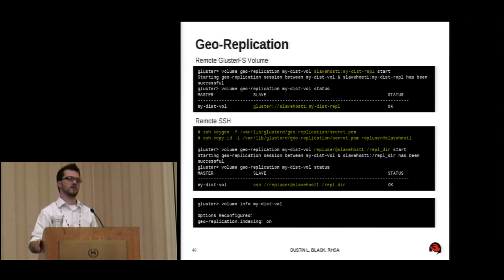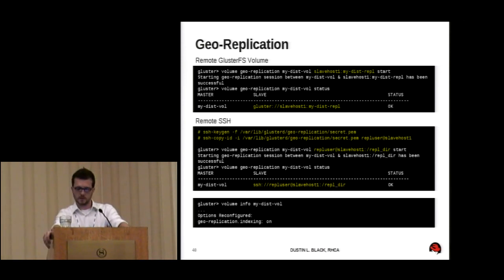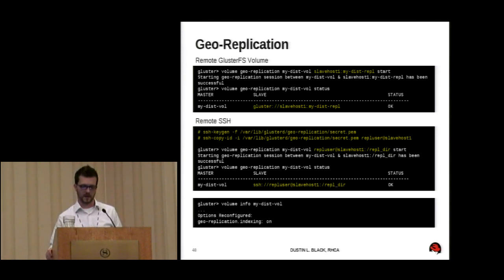So a quick look at the commands involved in setting up georeplication, just so we have a little understanding of that. Again, you see the very simple, straightforward commands, volume georeplication, I tell it what volume, and then I'm passing it what host I'm going to replicate to. Now you'll notice in this case, I show a couple of examples here, just so you see the differences in the way you can pass this command. In this case, I've given a remote host name, and I've given it a colon and a volume name. Now this basically tells Gluster to interpret this as the remote machine is also running a Gluster system, and that is a remote volume name. I tell it to start, and then it gives me the information that it's successfully started.